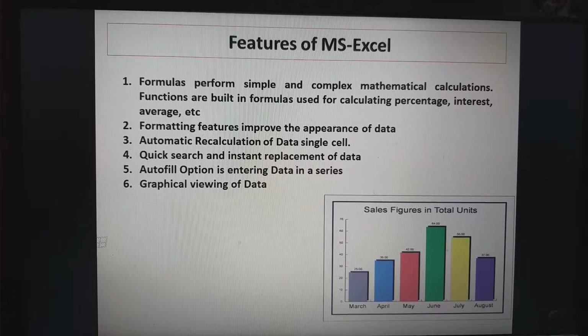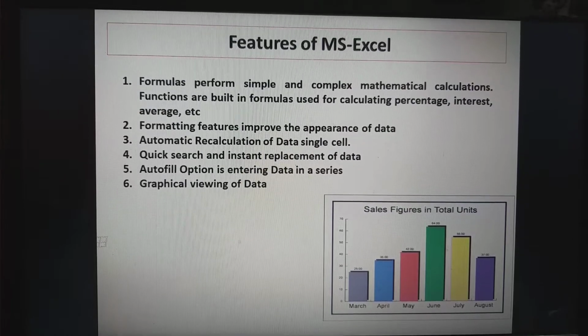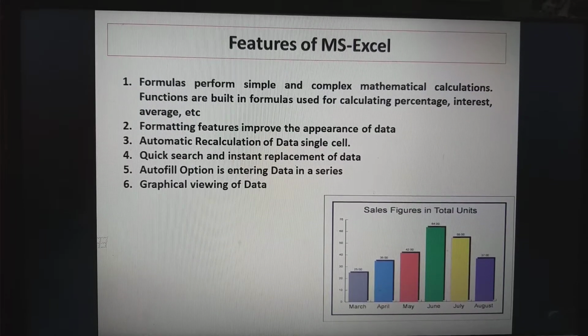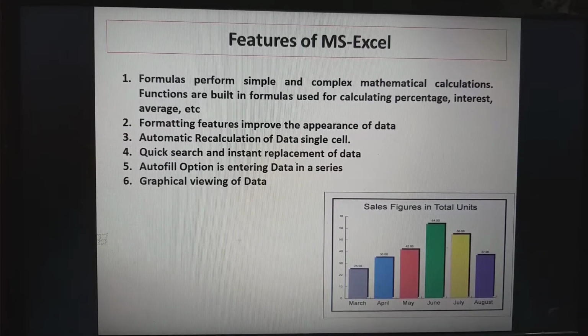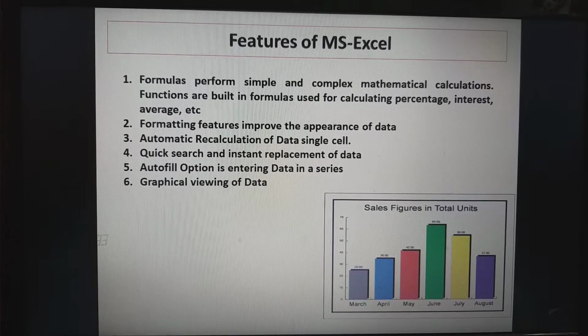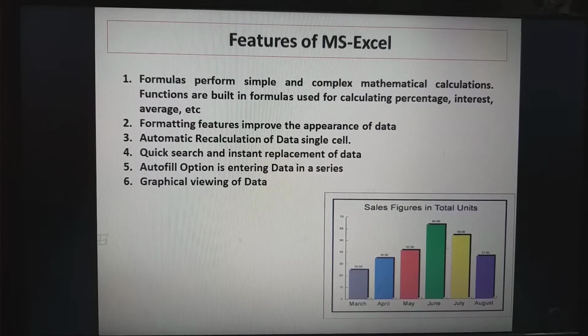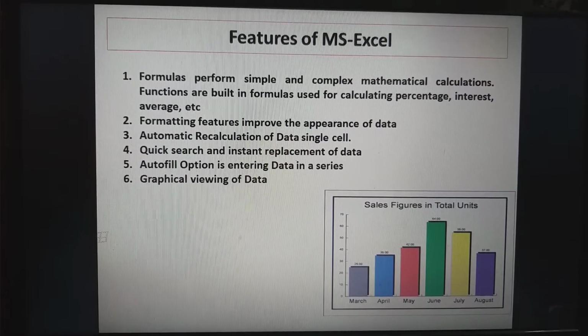Data can be viewed in a graphical form, such as charts, as you see it on the slide, which helps to understand, analyze, and compare data in an effective manner. These advanced features have made Microsoft Excel the first choice for professionals to quickly perform lengthy accounting and financial tasks and take immediate action.